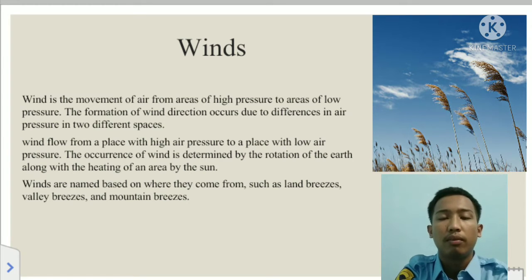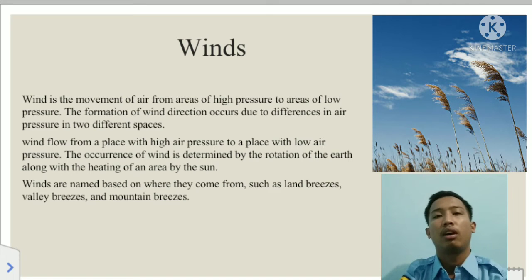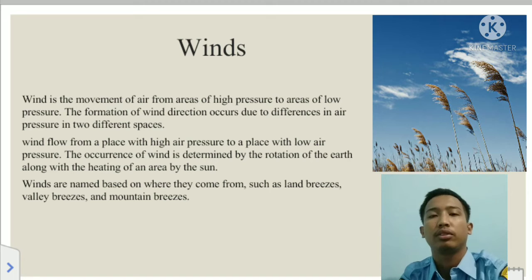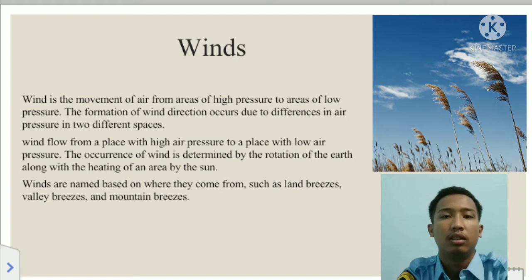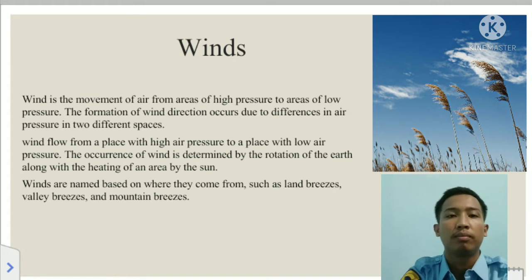Wind is the movement of air from areas of high pressure to areas of low pressure. The formation of wind direction occurs due to differences in air pressure in different places. Wind flows from a place with high air pressure to a place with low air pressure.